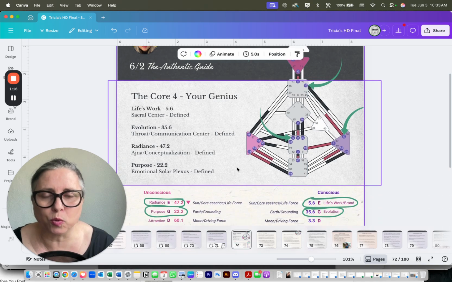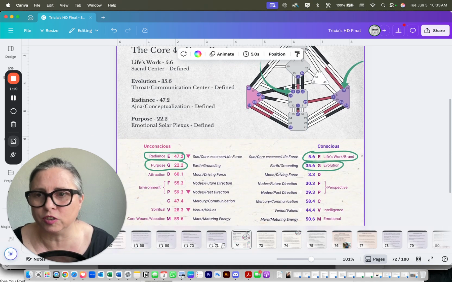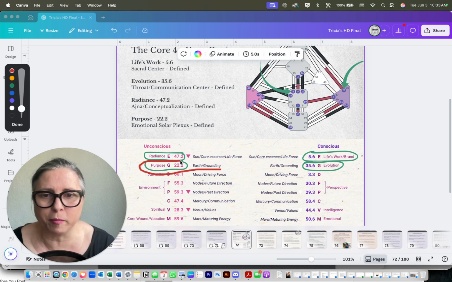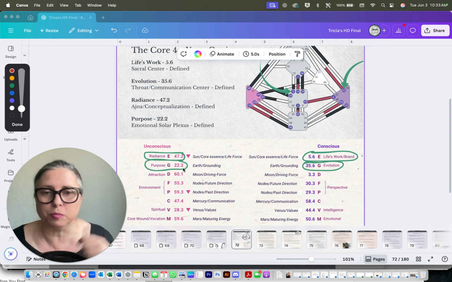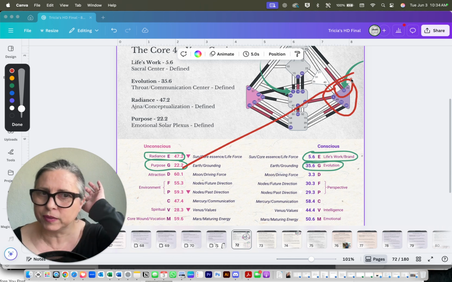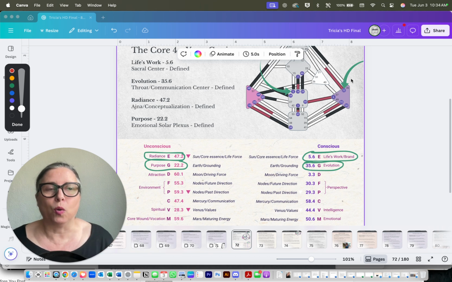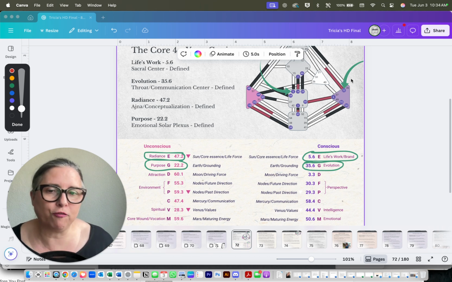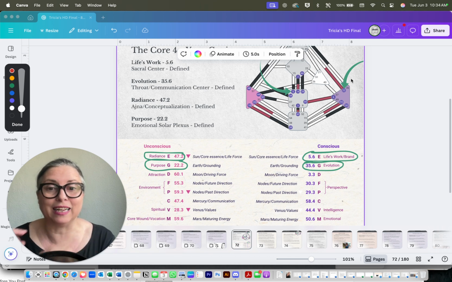So what I have been sharing, let me find the page, this one. You can see we're talking about this part right here. I'll just highlight it. For me, it's gate 22. The 22 is the gate, and the .2 is a line number. So there's 22.1, 22.2, 22.3, 22.4, 22.5, 22.6. Six different line qualities, and they just flavor that gate slightly differently. Gate 22 is also right here in the body graph, and this is the emotional solar plexus, so it's all about emotions. For me, when I look for grounding techniques, I'm looking for ones that help with emotions, because that's what's in mine.